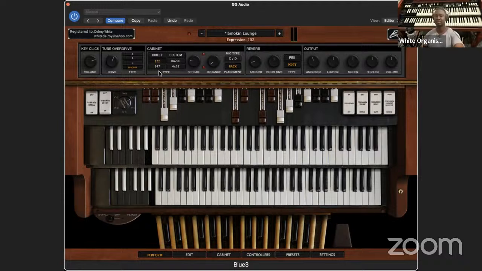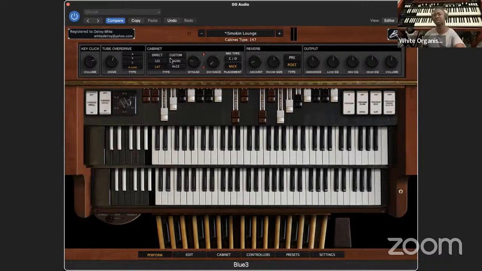Let's try with a 147 with this setting here. Yeah, you hear the drive a lot. And as I said, in all the tutorials I've done, 147s and 122s are different regarding switching, schematically and in the audio. The 147 is brighter, with a little more brilliance and grit to it, while the 122 is much tamer and warmer, and there's a delay in